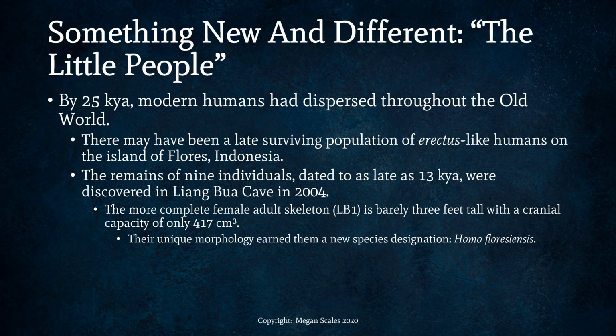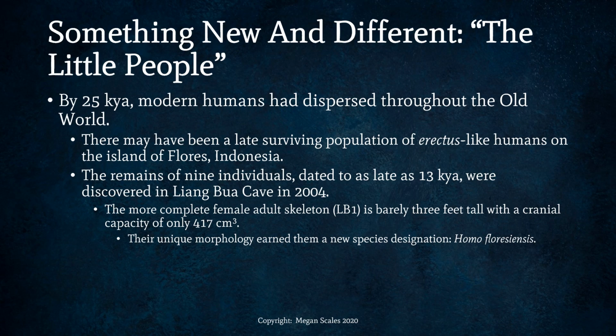So, we're skipping ahead a little bit, but by 25,000 years ago, anatomically modern humans had evolved and dispersed throughout the Old World, but there may have been a late surviving population of erectus-like humans on the island of Flores, Indonesia. The remains of 9 individuals, dated to as late as 13,000 years ago, were discovered in the Liang Bua